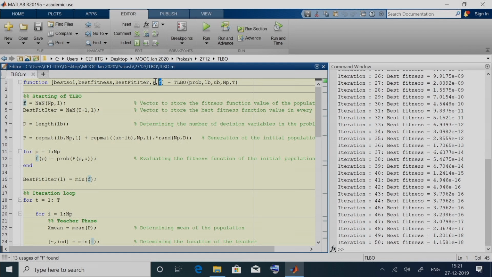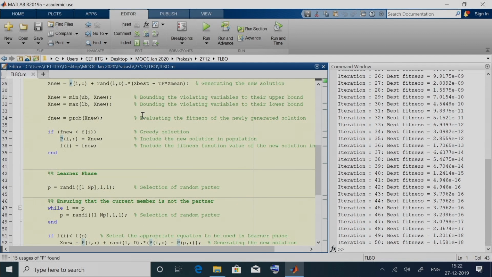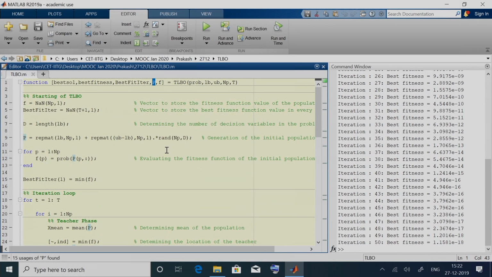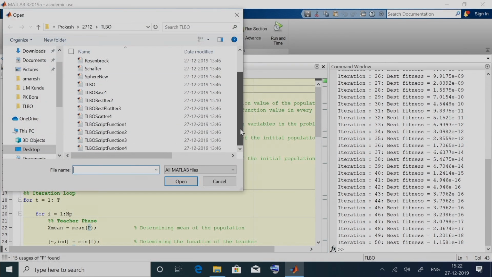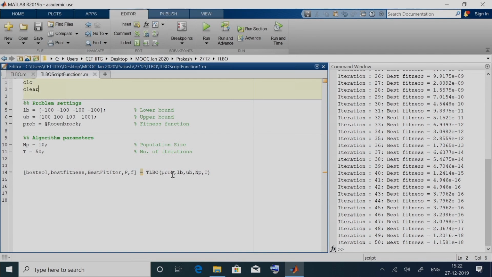Many a time, analyzing this population can give us further insights into selecting an appropriate solution. So, we return this population as well as its corresponding fitness function. Now that we have this function file, we can write a script file which makes use of this function file. So, let us go over here, and this is the script file with which we will be calling